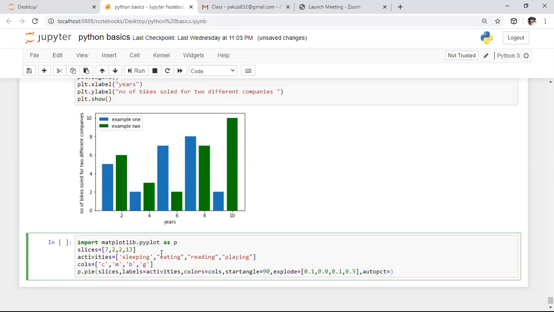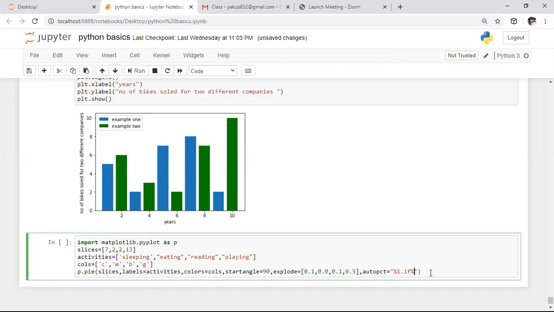In the autopct function, you need to specify how many decimals, how many values you want to take. So here I'm saying percentile 1.1. So here I want to take values till one floating point number only. After this, we need to specify the same representation. So here it is about the autopct function.